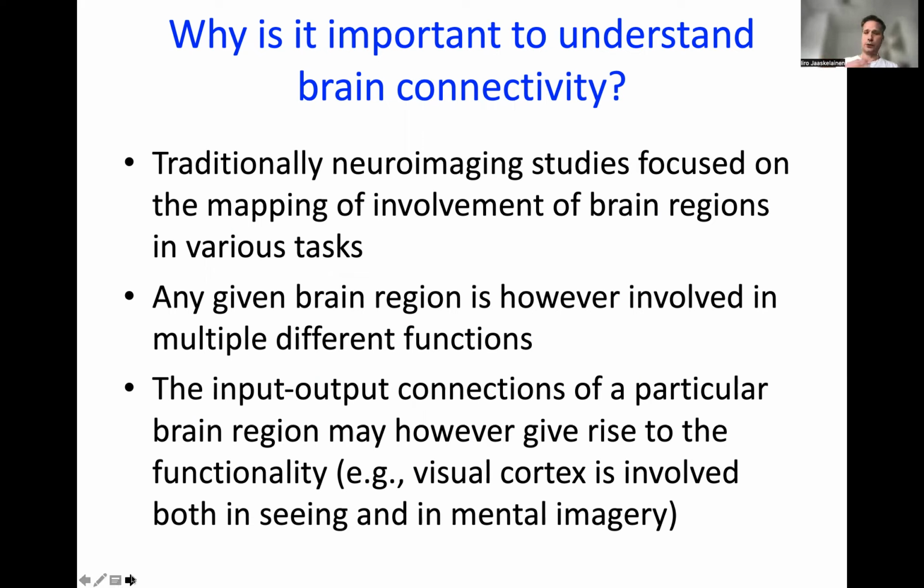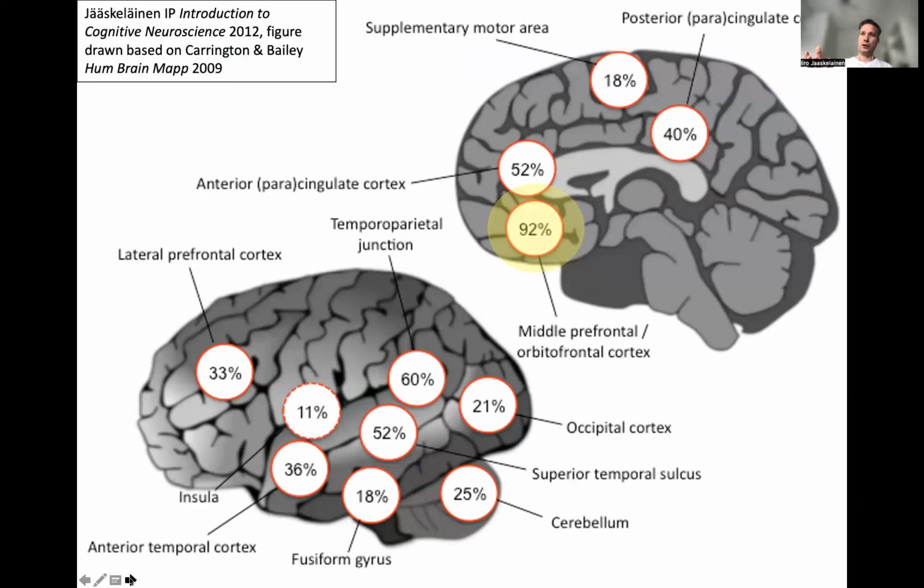But something we saw: these short movie clips perhaps did not require theory of mind or mentalization, because we saw a lack of activation in ventromedial prefrontal cortex, which is the hallmark region where we see a convergence of activity whenever there's a theory of mind task. This is an adaptation from a meta-analysis by Carrington and Bailey in 2009, where they looked across a wealth of different theory of mind tasks, and they saw involvement of the orbitofrontal cortex and medial prefrontal cortex in 92% of the studies, which is a drastically lower amount of studies